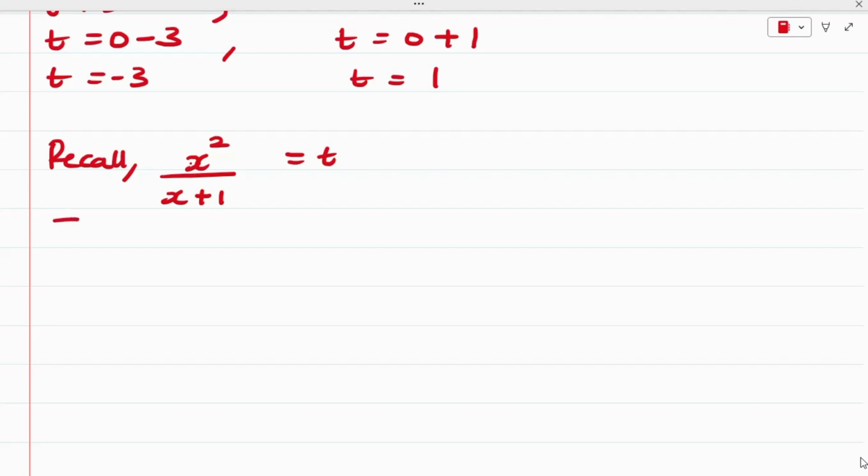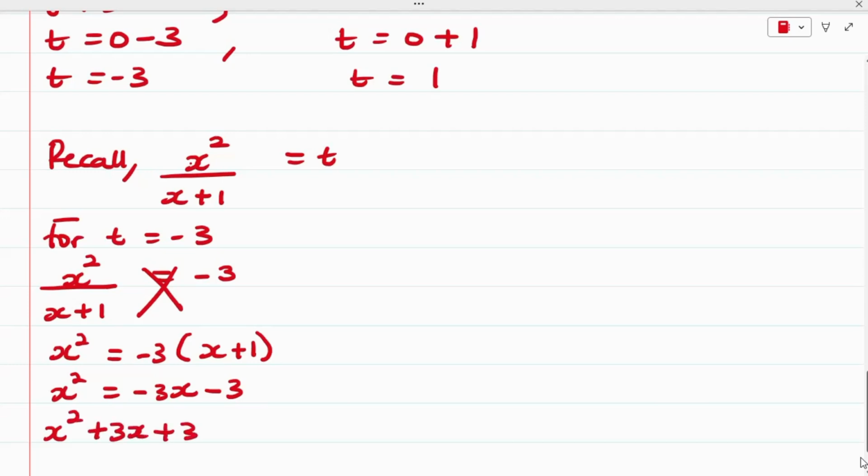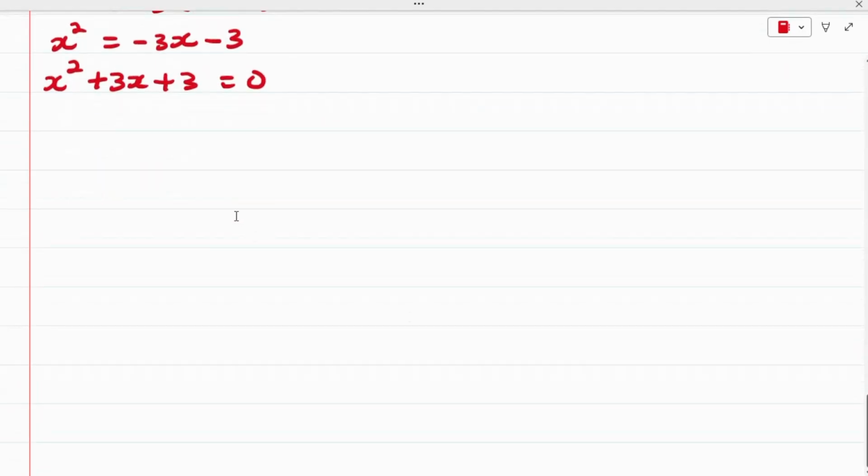So for t equals -3, we have x squared divided by x plus 1 is equal to -3. So we cross multiply, we have that x squared is equal to -3 multiplied by x plus 1. We have that x squared is equal to -3 multiplied by x is -3x, -3 multiplied by 1, we have minus 3. So rearranging this and setting to 0, we have that x squared plus 3x plus 3 is equal to 0. So we are going to solve this quadratic equation by making use of the quadratic formula